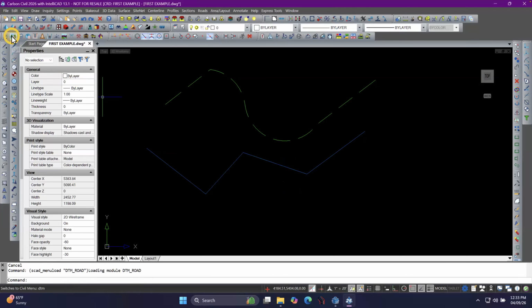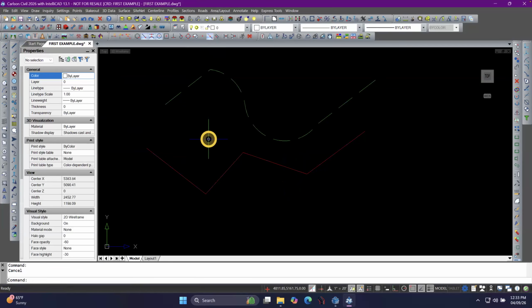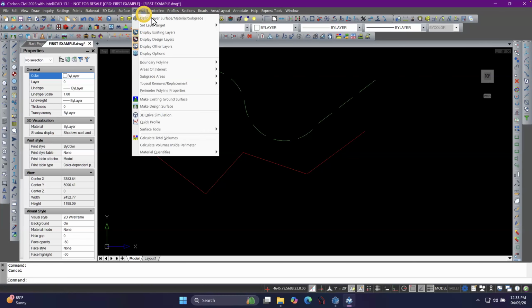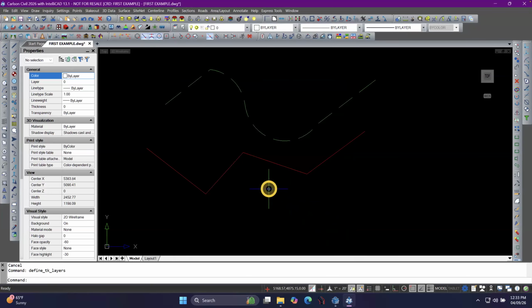Now, if you're in civil, excuse me, I'm going to put these colors back to by layer. So now, if you're in civil, see, I've already designated my existing layer is in a category called existing. My final layer is in a category called design. So I've got that categorization done. I've got my colors turned on,